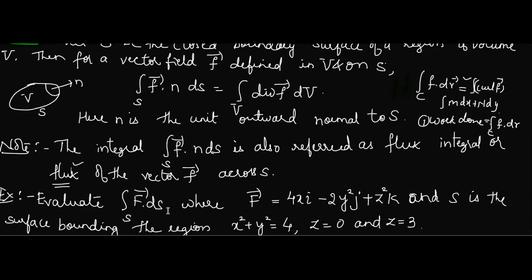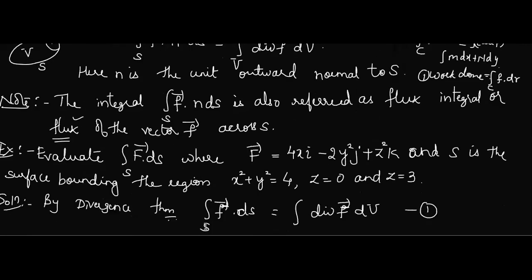Now how to identify that it is Gauss divergence theorem only? Can you see the question, nowhere it is mentioned. How can I say that it is the divergence theorem? Just now I told one point. Integral over a surface. Very good. Wherever integration is over a curve C, it is referred to as line integral. When you have a surface S, it is 100% divergence theorem. Got it? Okay. Let us apply.